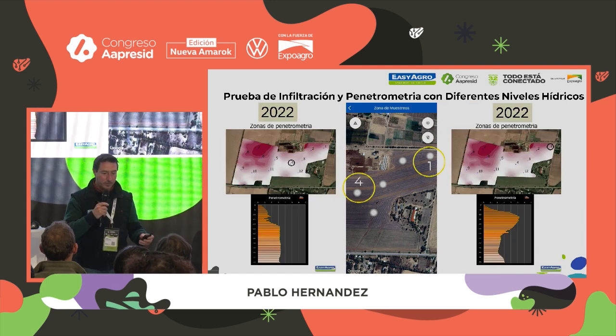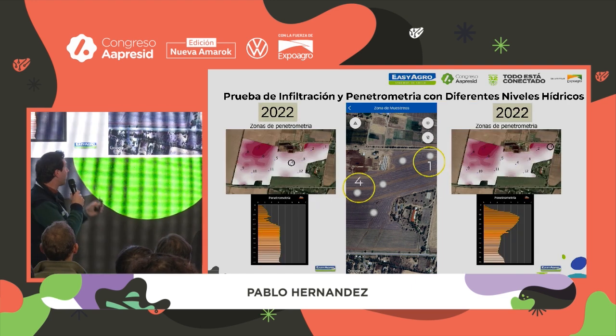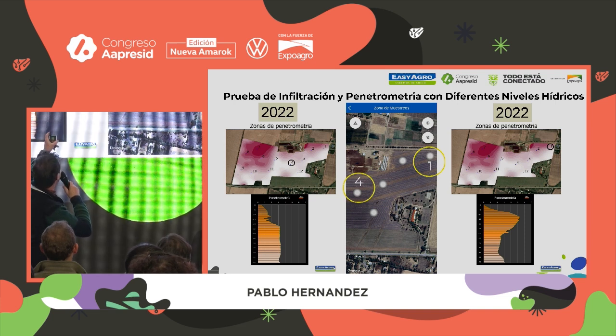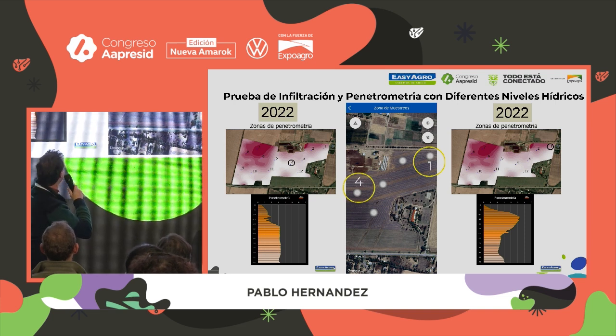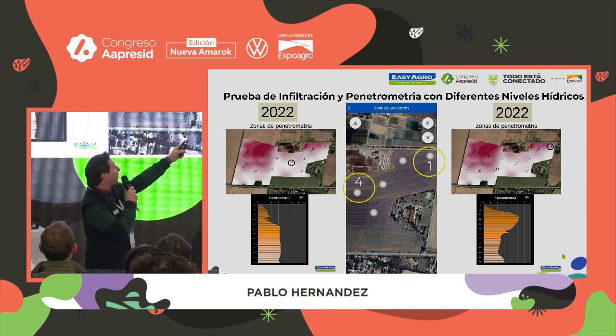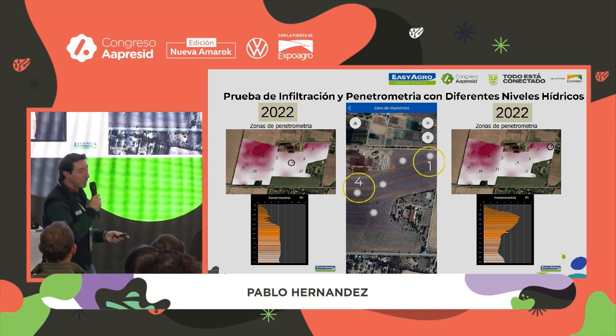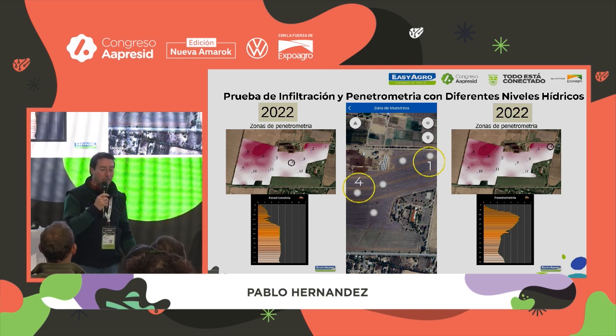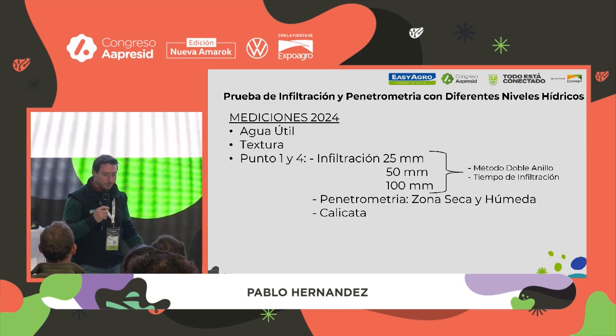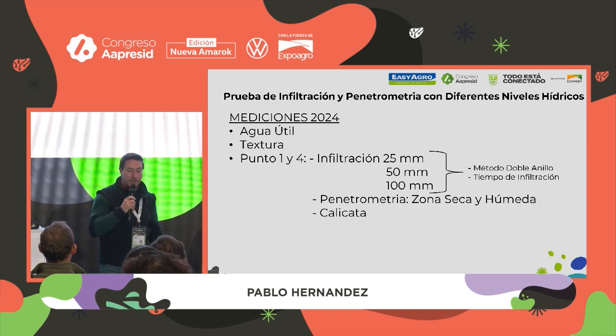So we decided to do the different studies here to compare both areas. When we did the study in 2022, in point 4, there was no compaction and the resistance of the soil was continuous. In point 1, there was a point of resistance of 0.5 megapascals, and the soil did not